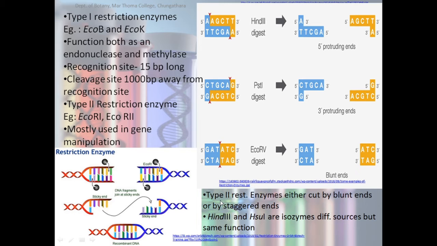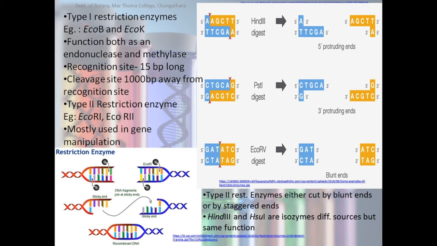Type 2 restriction enzymes can also cause blunt end cuts. That means when the enzyme cleaves both DNA strands in a double-stranded DNA, both the cuts are made exactly opposite to each other. So there will not be any overhanging end in both 3' and 5' directions. The overhanging ends in staggered cuts are capable of binding back to a complementary sequence of the opposite direction. So they are also known as sticky ends.